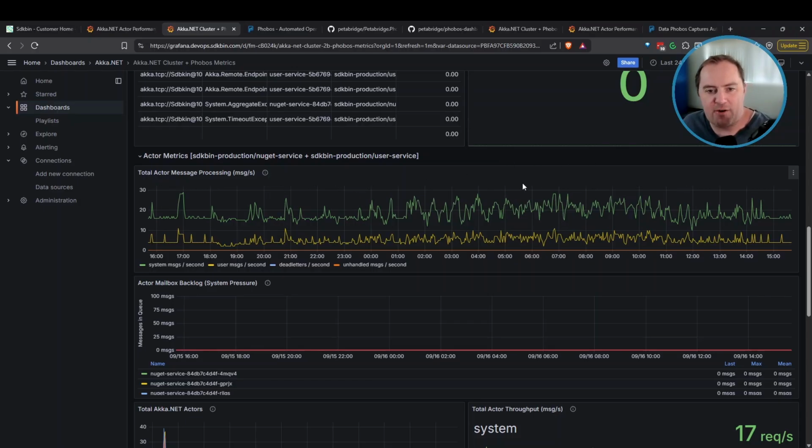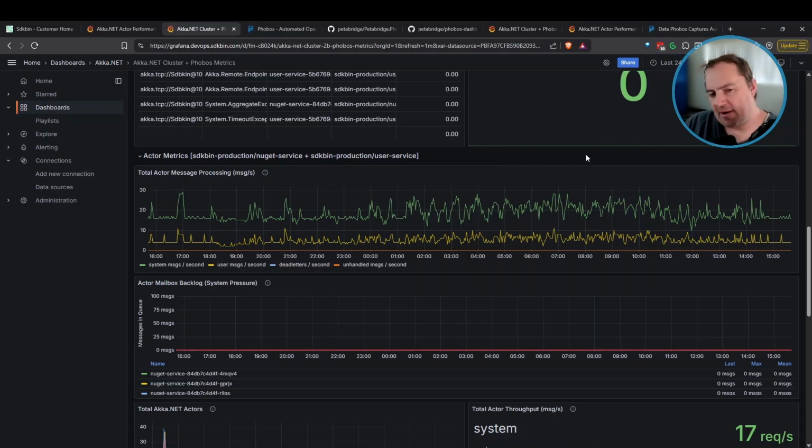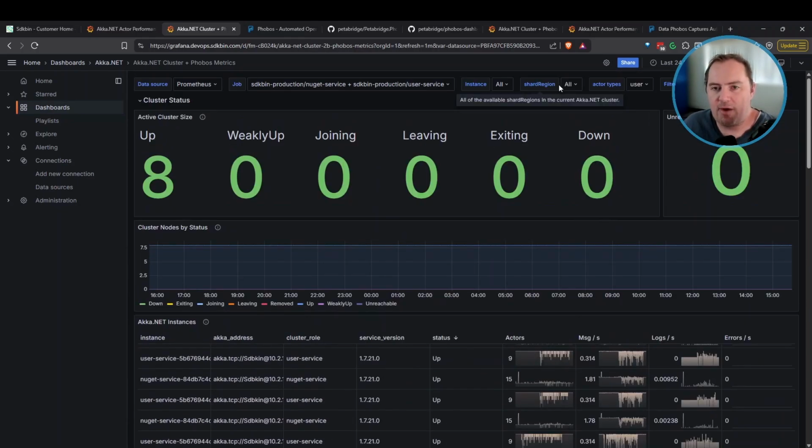One of the other things that we've added recently is the ability to segregate your metrics based off whether they're coming from system actors, which are actors built into Akka.net itself, or user actors, which are actors you created as part of your application. The reason why we did this is that system actors can sometimes crowd out your user-defined actors. So if you want to get rid of them off the chart, you can go down to actor types here and just select user. That will allow you to filter them out, or you can do all, which will include